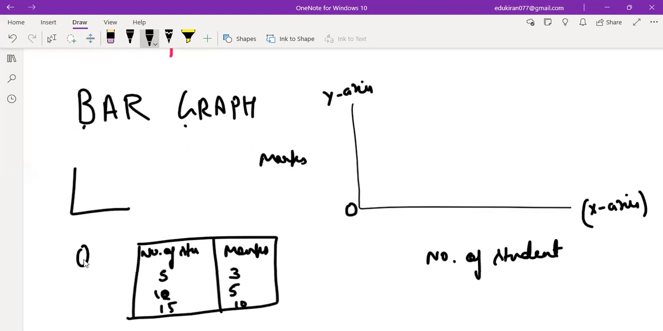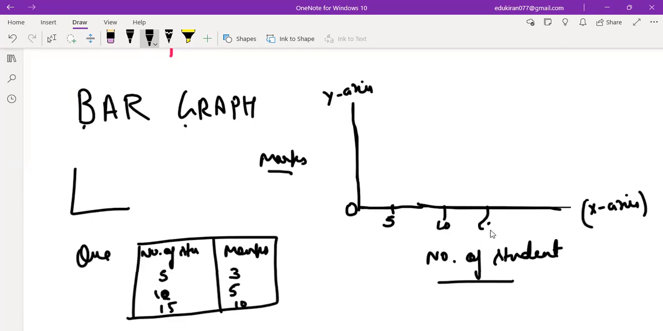For example, this is the question: number of students and the marks. Very first thing, when we draw a bar graph, there will be one horizontal line and a vertical line, right? Whenever you draw it, you will first write x-axis and here y-axis. These are the marks and these are the number of students, right? The numbers of students are 5, 10, 15. So I can take it like this, 5,